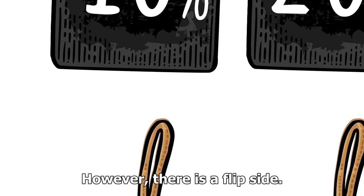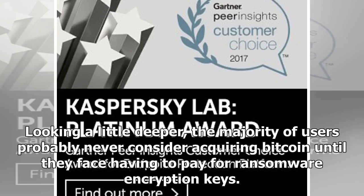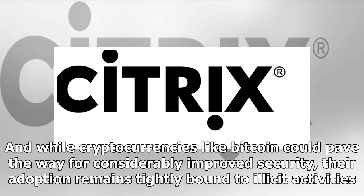However, there is a flip side. Reliably buying and using cryptocurrencies is still challenging for less technically astute users, and doing so despite the risks could expose them to further threats. Looking a little deeper, the majority of users probably never consider acquiring Bitcoin until they face having to pay for ransomware encryption keys. And while cryptocurrencies like Bitcoin could pave the way for considerably improved security, their adoption remains tightly